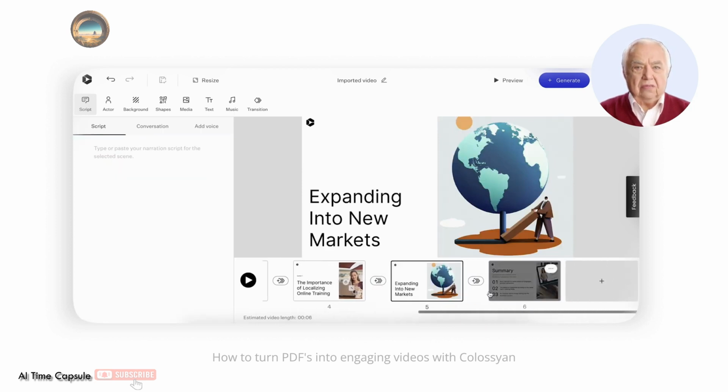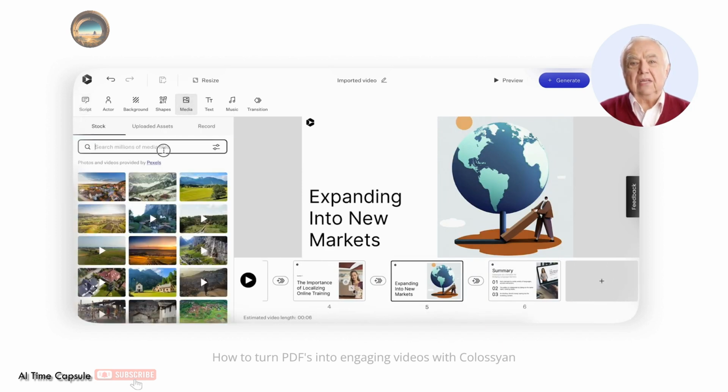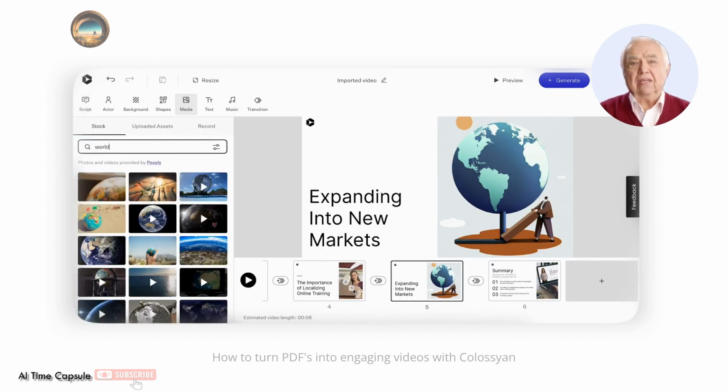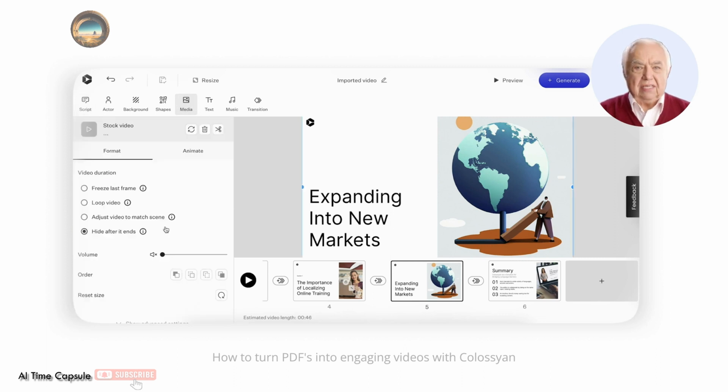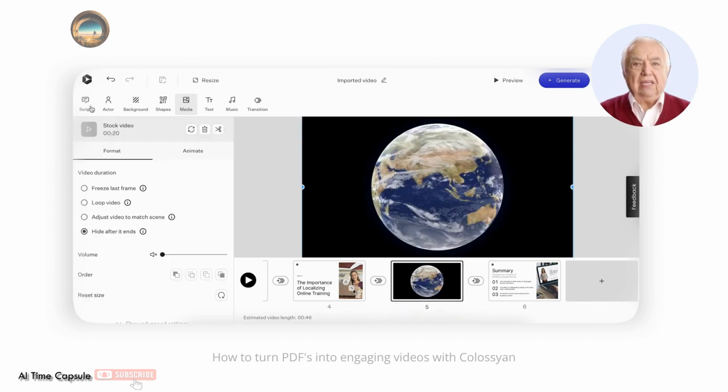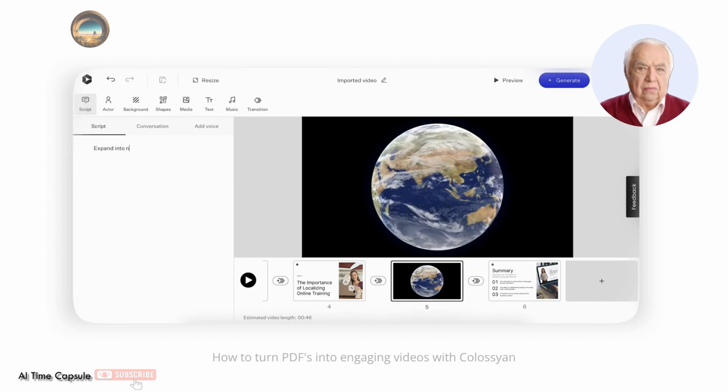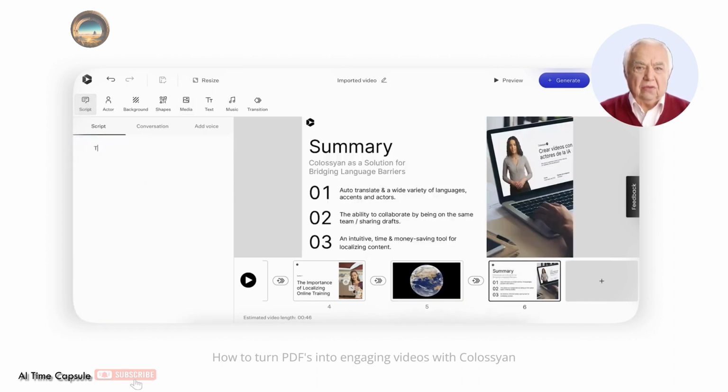If you want to make the video from your PDF more exciting, you can add any videos and other media from our media library. Just type in what you need, and you'll find it in seconds. As you can see, creating a fully narrated and engaging video from a PDF is very easy with Colossyan,